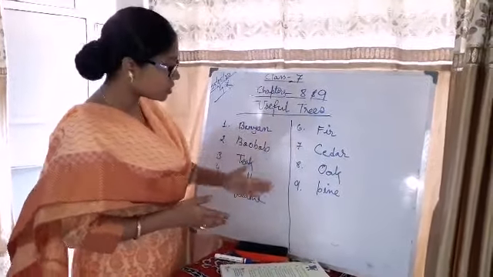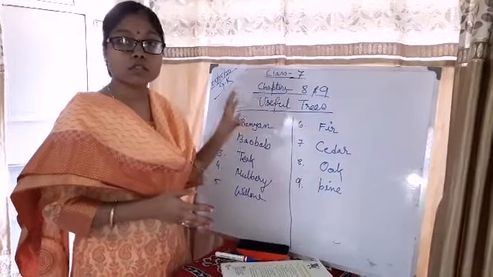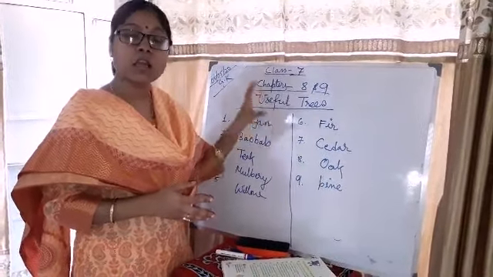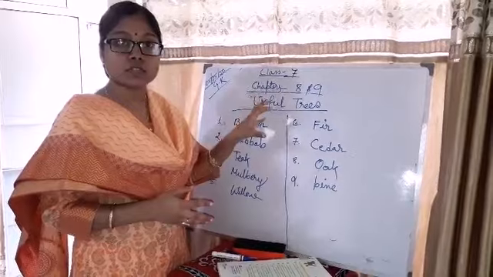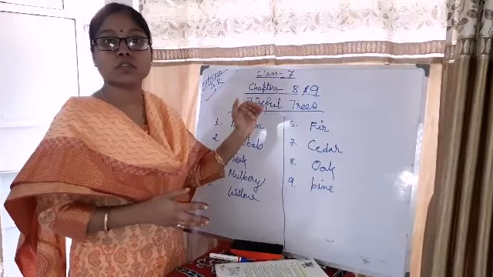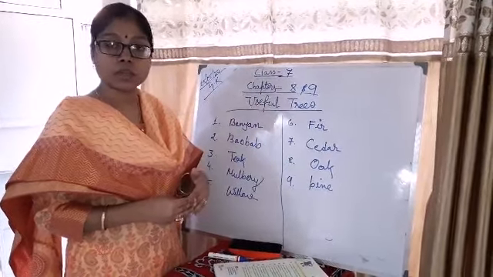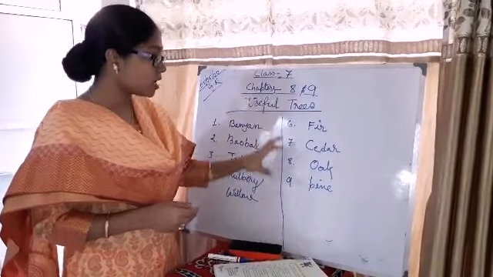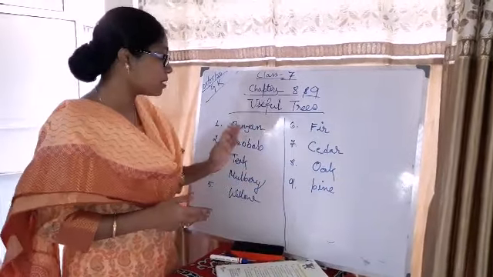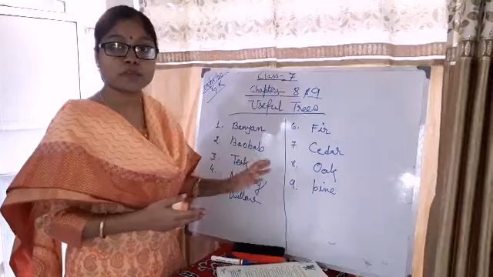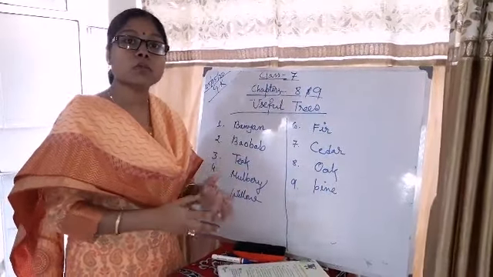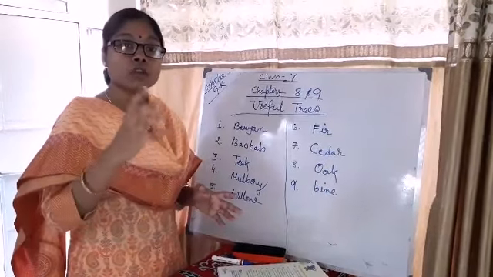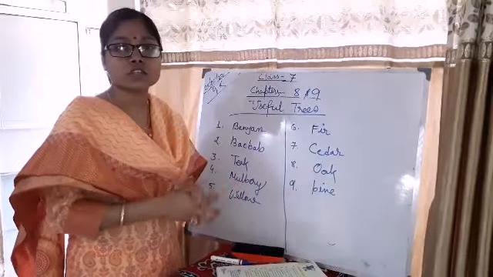As I have already written down the answers, let us discuss these trees: how they look, where we are using this kind of trees, and the purpose of using them. Okay, and this will come as a short note. Write a short note on banyan tree, write a short note on teak tree, mulberry tree, like this. What do you know about the mulberry tree? Which part of this tree are we using? Questions like these may come.